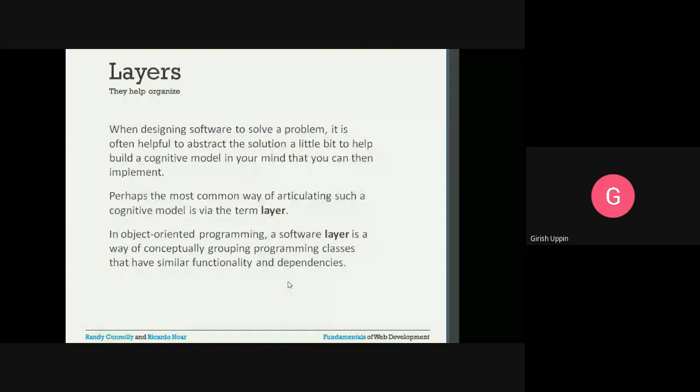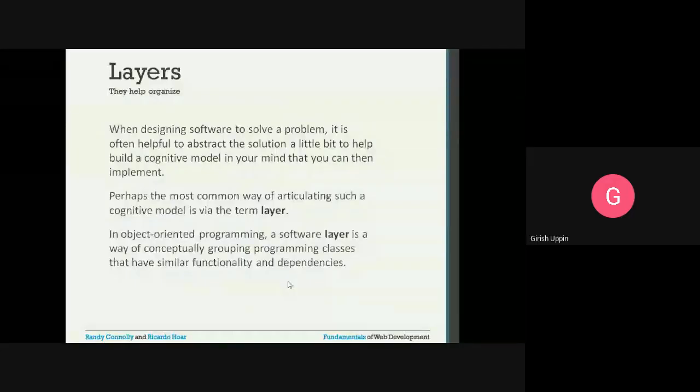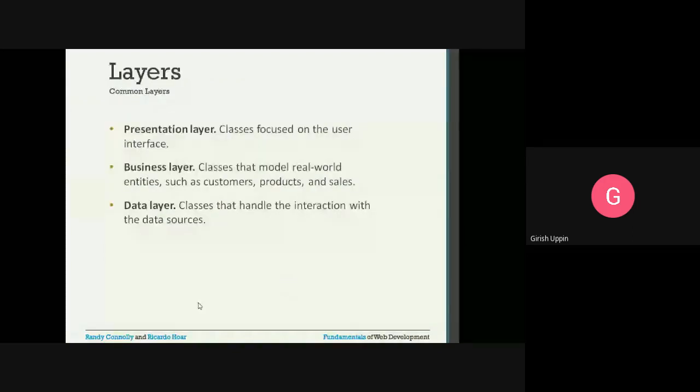The layers can be created in n number of ways, depending on how you want to approach creating the web application. Based on that, you can use the layers approach. These are the most common layers most web applications follow: we call them the presentation layer, the business layer, and the data layer.